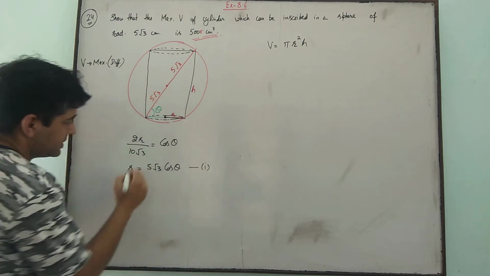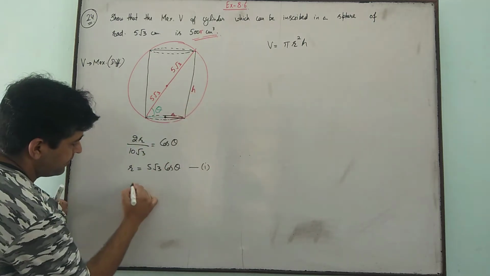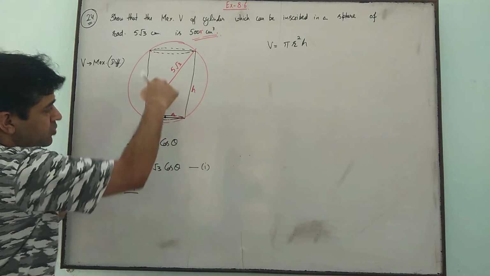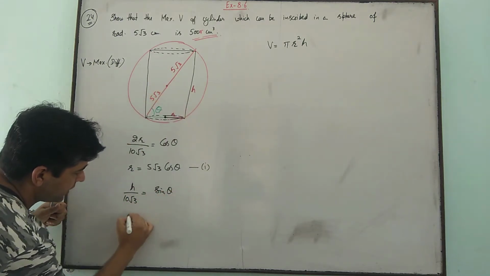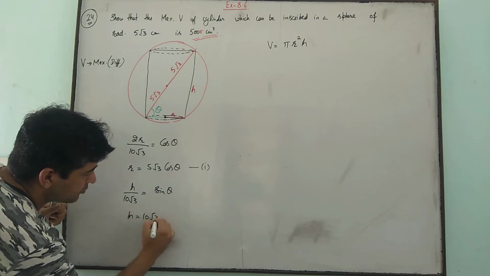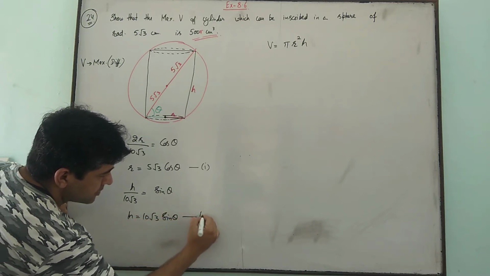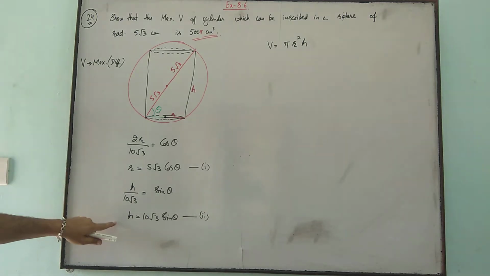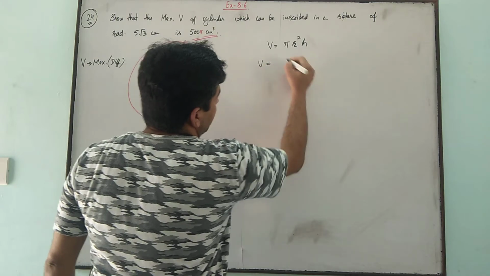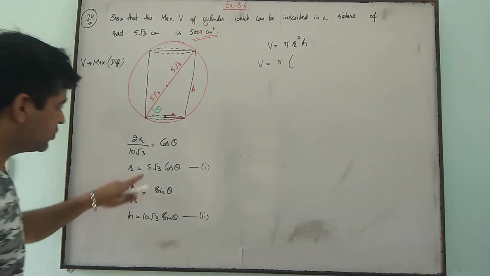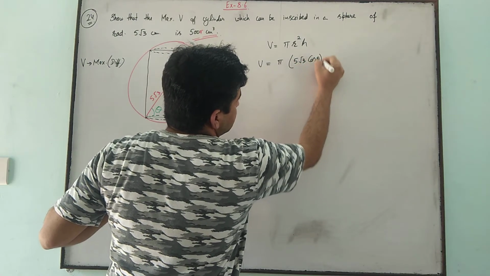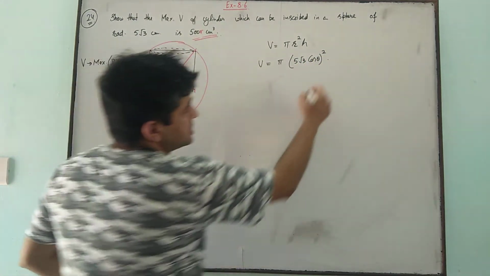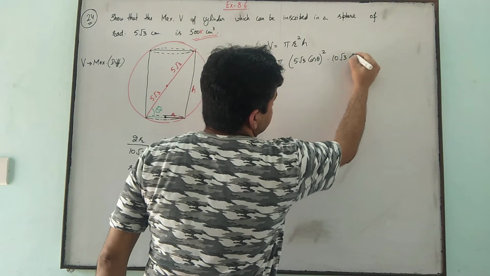One thing. Second, perpendicular upon hypotenuse is equal to sin theta. So we got h is equal to 10 root 3 sin theta. So r and h both converted into a single variable, that is theta here. Put it here. From equation 1 we got r is equal to 5 root 3 cos theta, and h is equal to 10 root 3 sin theta.